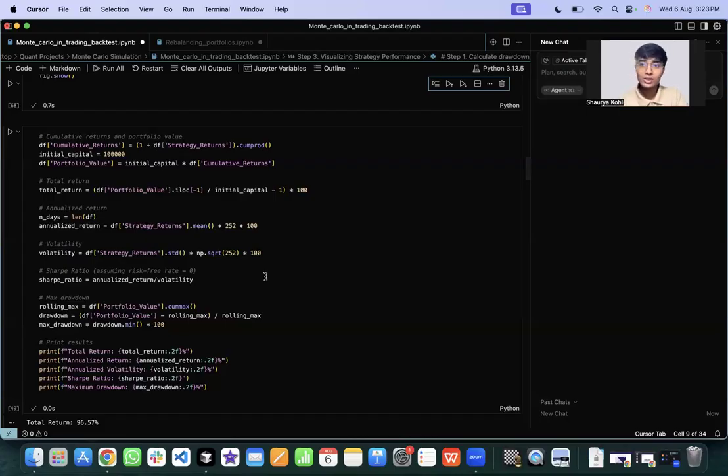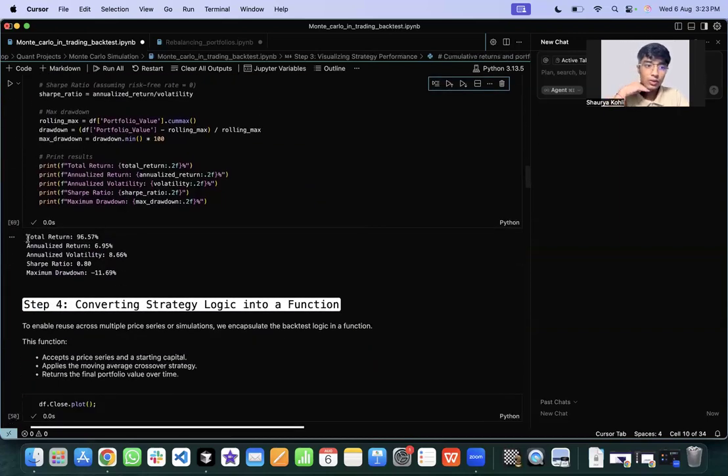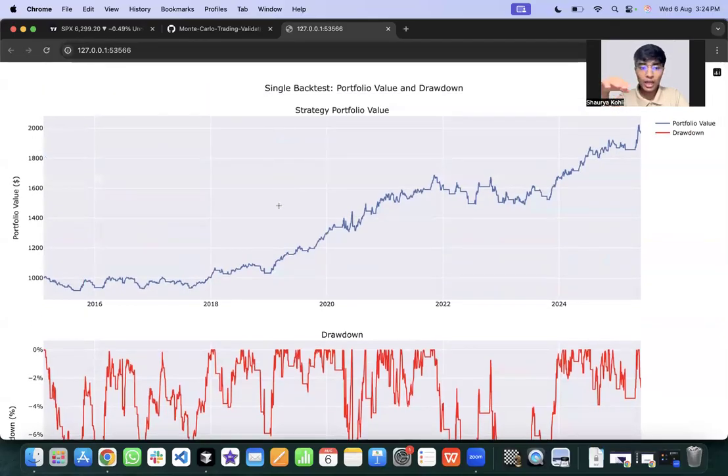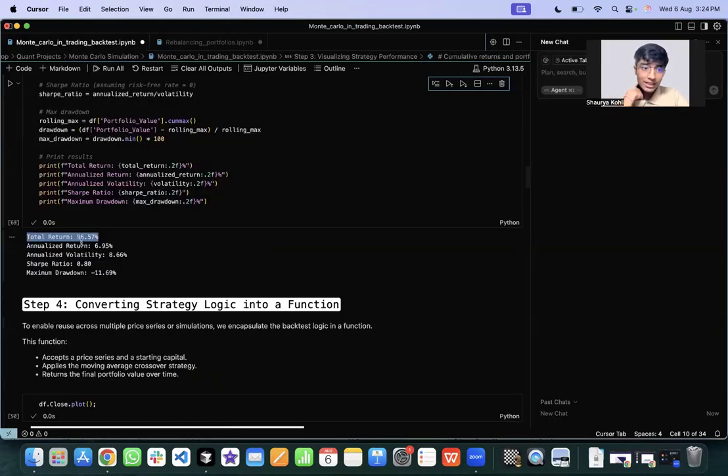So here also it's the case. We try to check the robustness or the future of the price by giving different inputs or strategy to get the output. So over here, if you try to see the cumulative return, we could see the total return. During this period of 9 years, we got a return of 96.5%, which is like you doubled the money, with a decent annualized return of